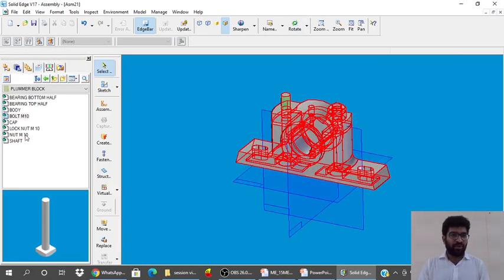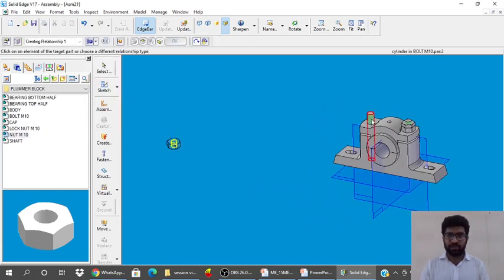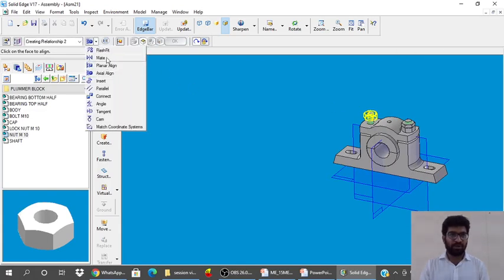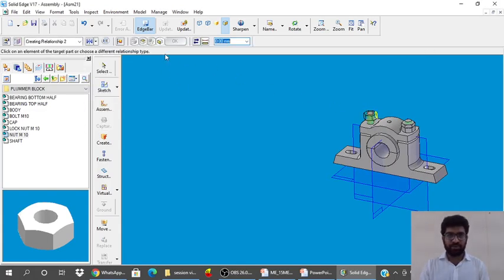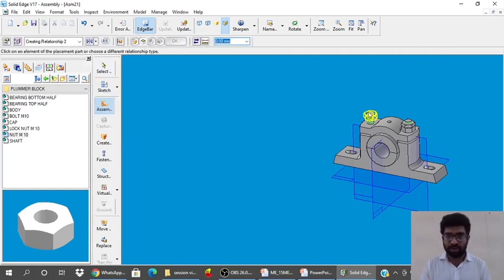After that we will assemble the nut. Axial align this threaded portion, this solid part. Second is mate, top of this, and another relationship to mate this face with this face.